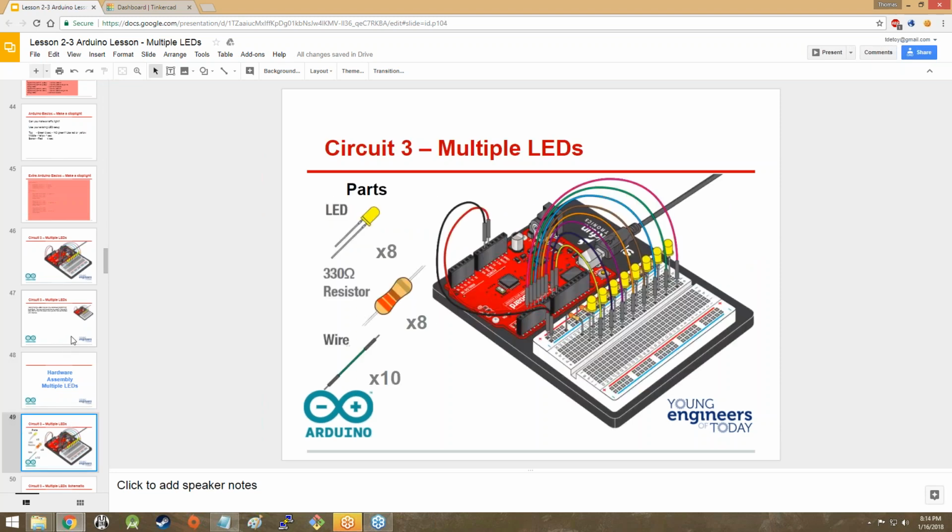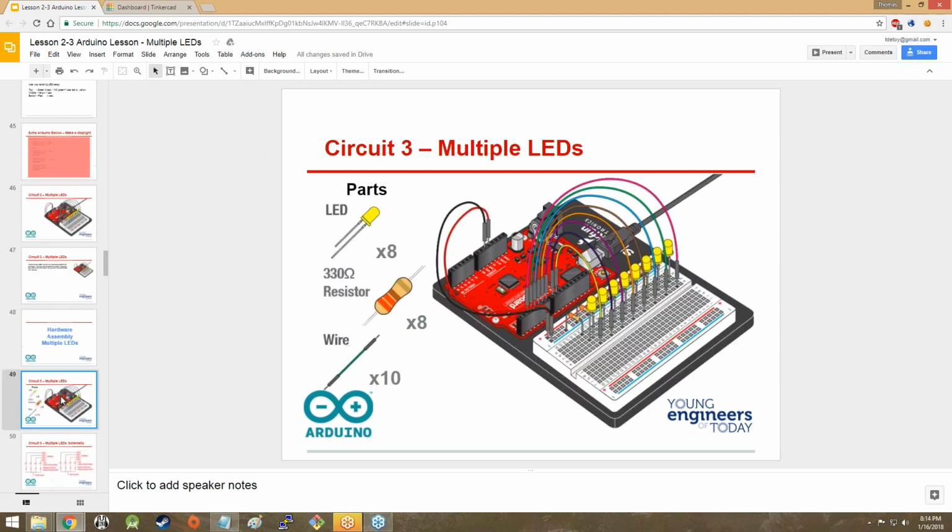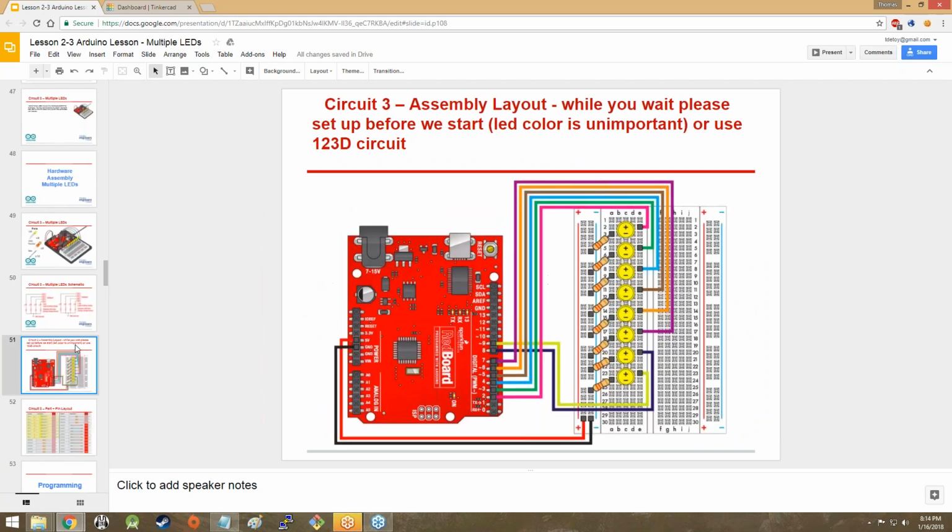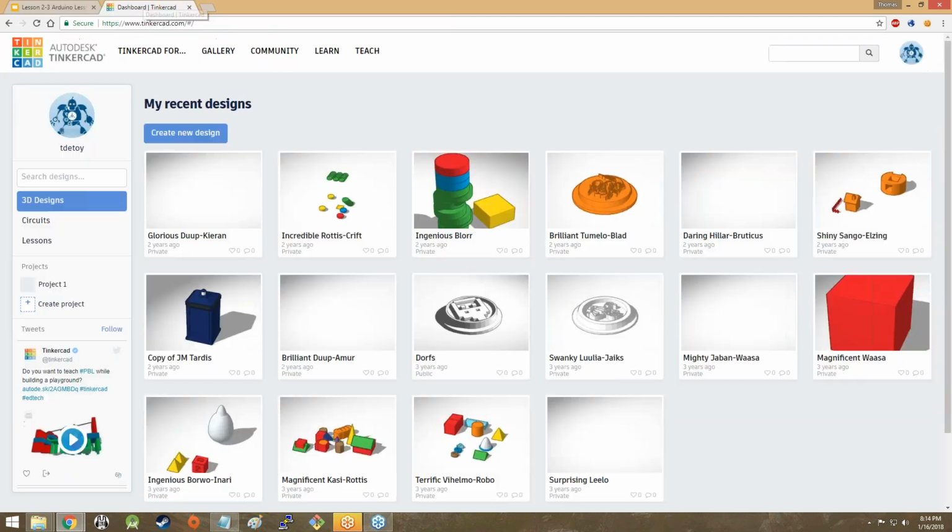So let's get started. Let's hook up our multiple LED circuit so that we can do all kinds of neat things with multiple LEDs. As you can see, it looks a little bit more complex, but it's still not too bad. Let's walk through this. All right, so I'm going to go back over to Tinkercad so that I can do this. If you're working with Tinkercad, fantastic. If not,